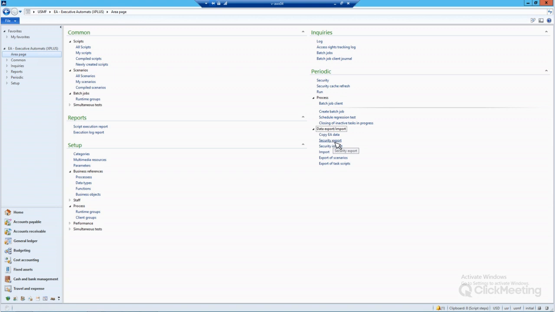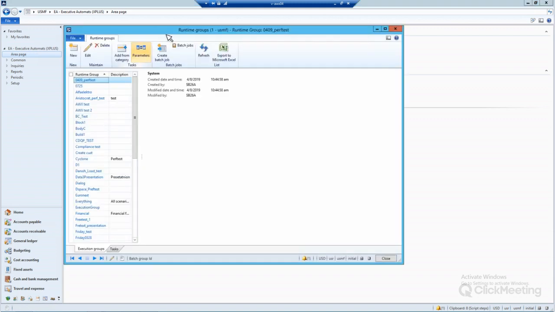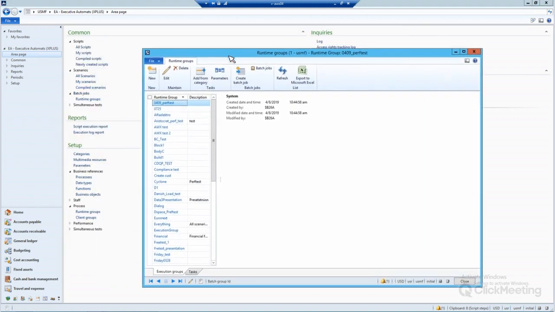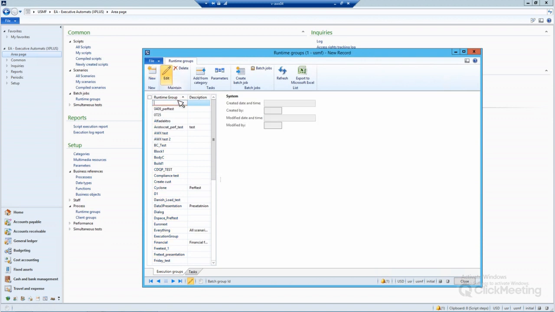We have also security export, security import of it, so you can quickly do a change of the security on one environment and copy created role security access to the secondary one. And I would like to show you also runtime groups. Runtime groups is nothing else as a queue of tasks which can be created. So I can create a stress test for webinar